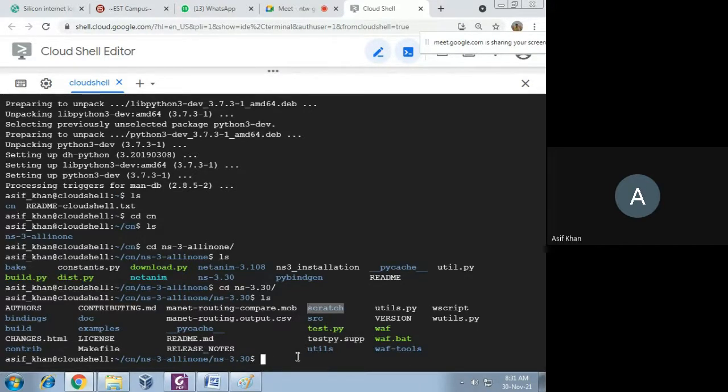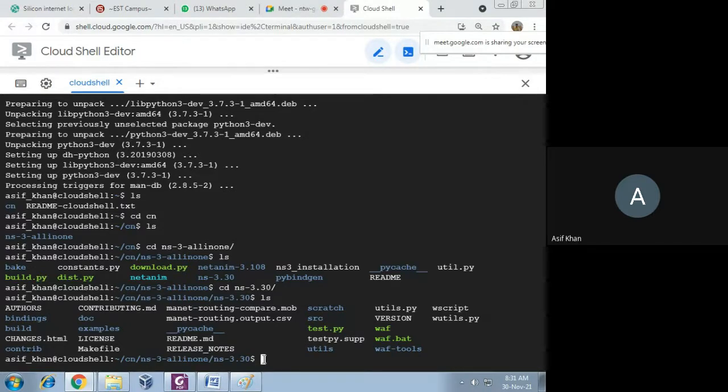And if you want to run that program, then you have to run it from here, the ns3.30 directory only, by using this waf tool. You see there is a waf tool here. By using this waf tool, you can run the ns3 program, and the program should be present inside the scratch directory. There are several example programs present in the examples directory. You can copy example programs from the examples directory and paste them inside the scratch directory, and then you can run from this ns3.30 directory.